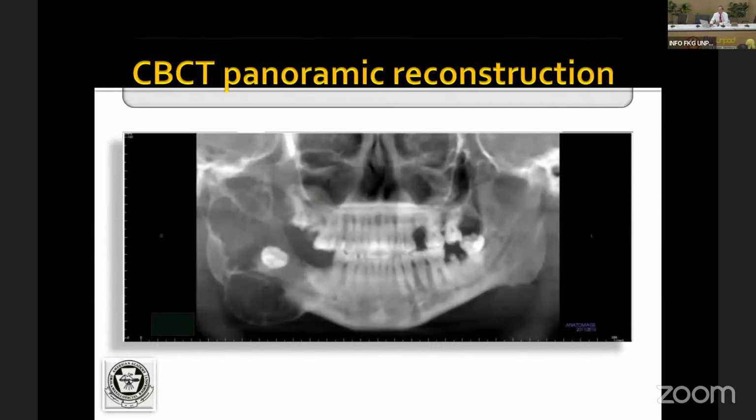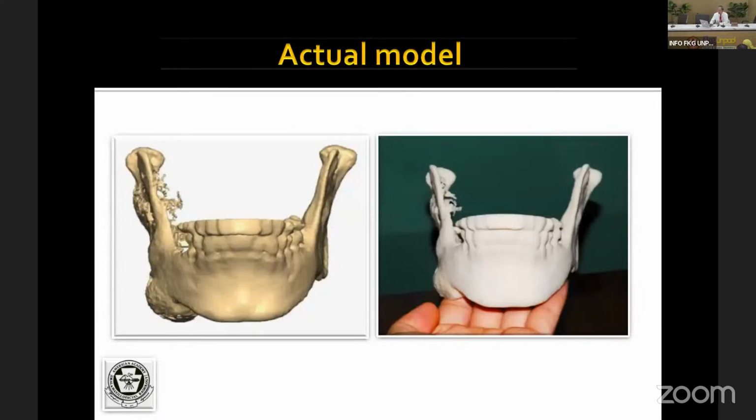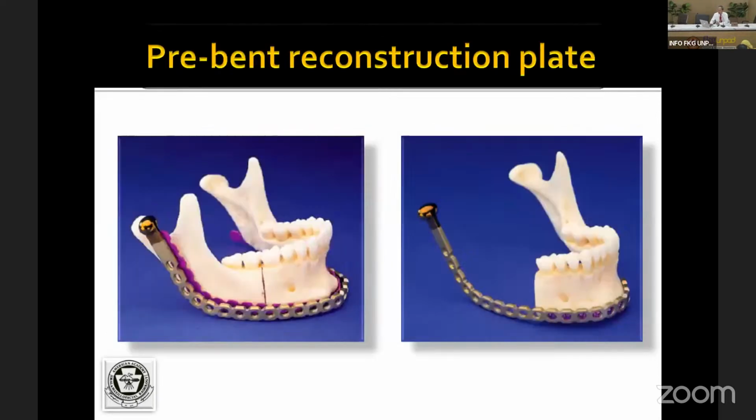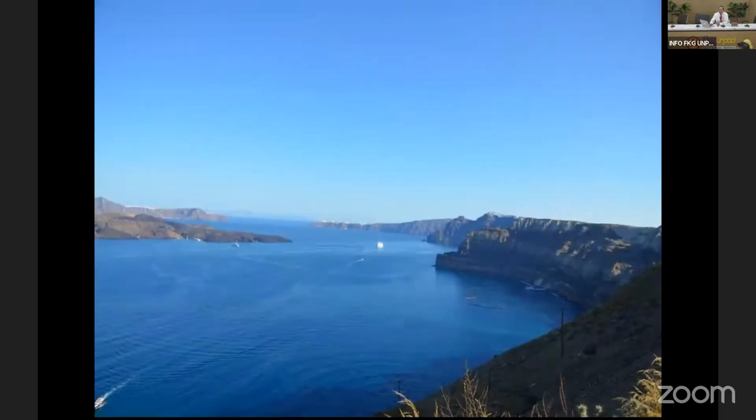We can also evaluate lesions. If there is a large lesion on the right side of the mandible, these days we take the cone beam and 3D print the model, and we can do the pre-surgical dissection and fixation. This can save a lot of time in the actual surgery. So that's pretty much the applications of cone beam CT these days.